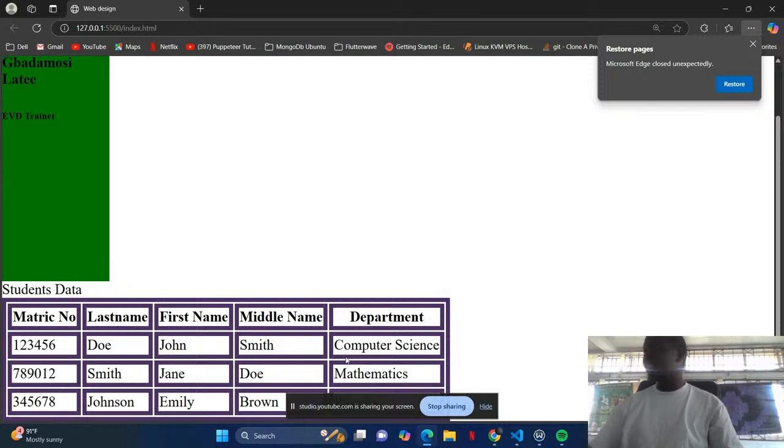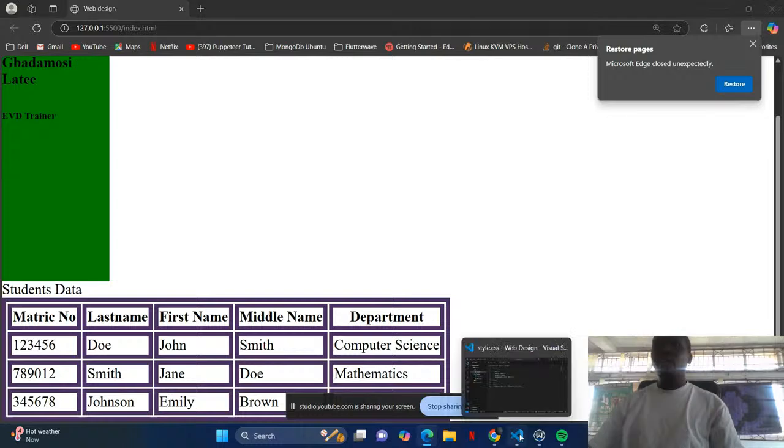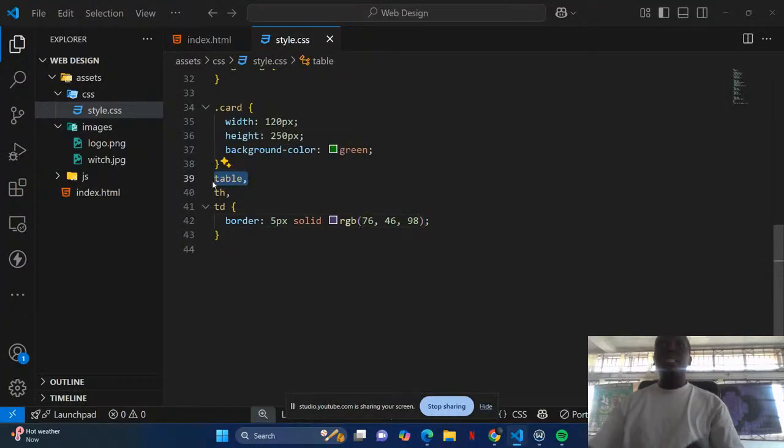Do you notice that? It's doing the same thing for the heads and even for the data. Do you understand that? It's even for the entire table itself, because by using the property table here,